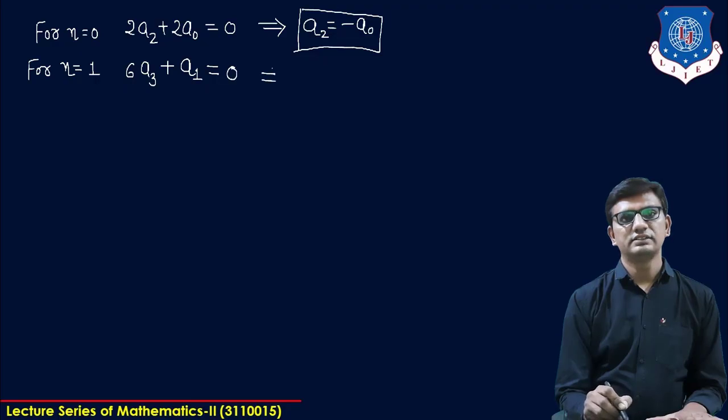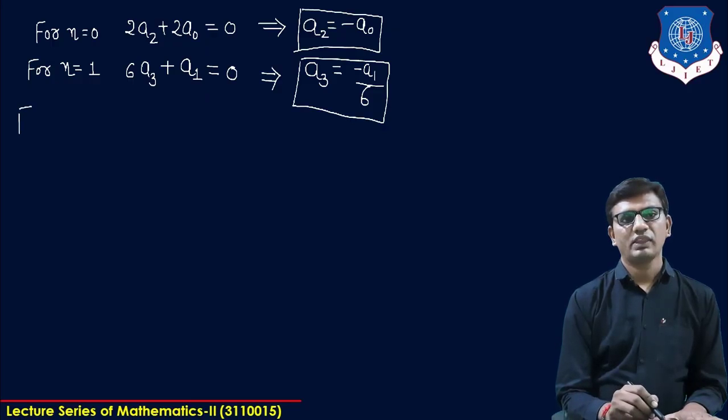That implies a3 equals minus a1 upon 6. That is our third coefficient in terms of a1. Now for n greater than or equal to 2,